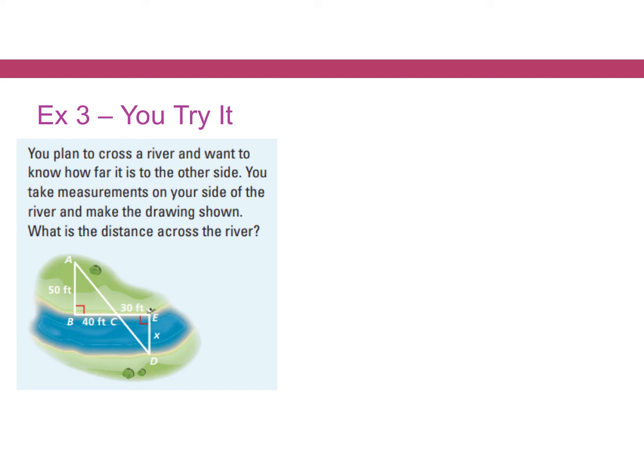So for our last example here, it says that you plan to cross a river and want to know how far it is to the other side. You take measurements that are shown in the diagram, okay? And we're going to look to find that same measurement. So again, I'm going to start out with corresponding sides. And I personally like to start out with a variable. So I'm going to start out with x on the top, and then the corresponding side length to ED off the small triangle is going to be AB, which is 50 feet. So I have x over 50 equals, then I have 30